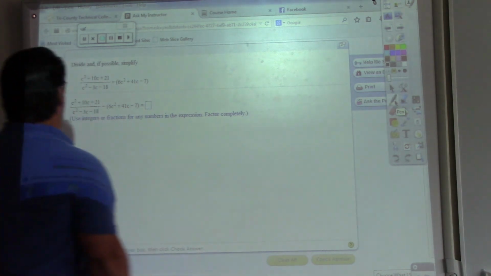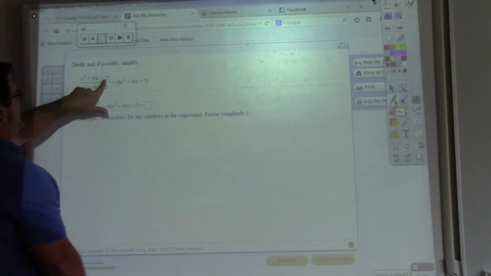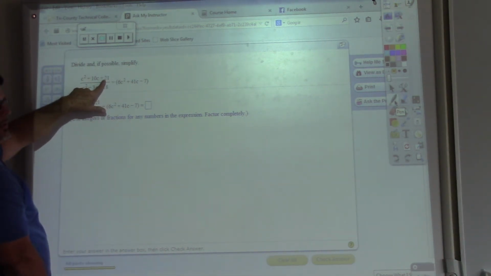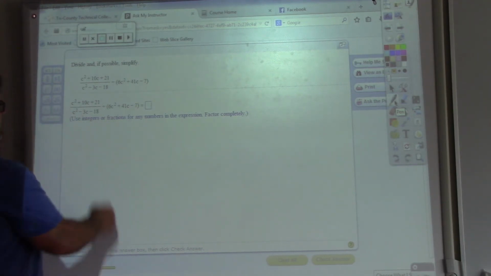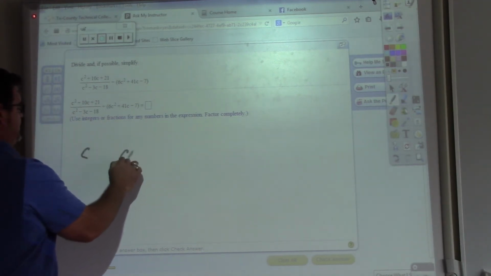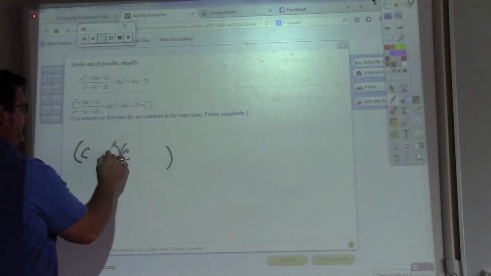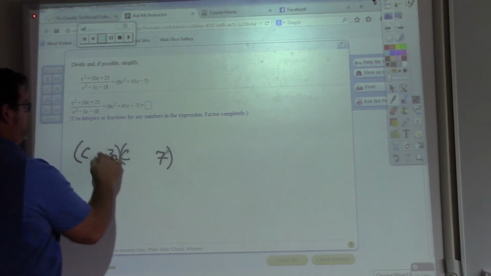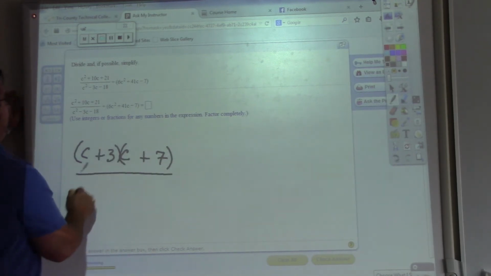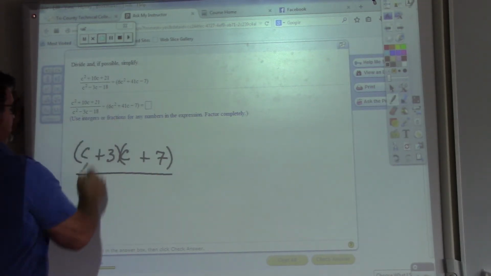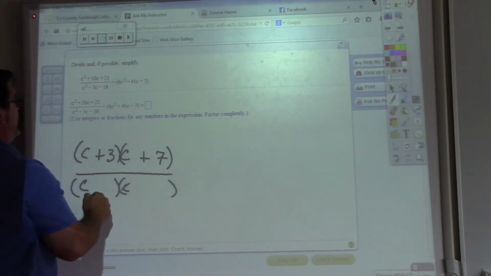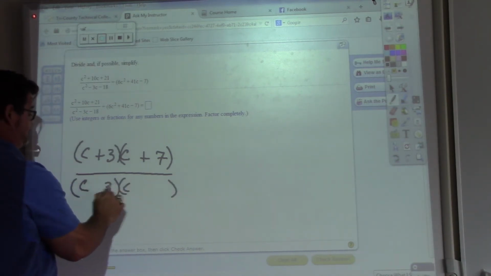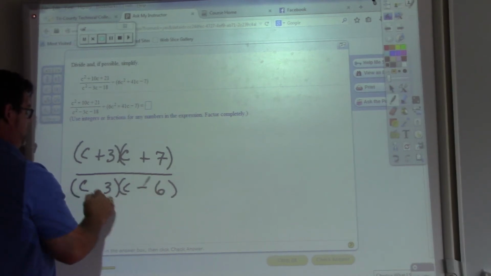All right, so this is not a shortcut. Why? Right quick, why? Square. 21 is not a perfect square. So 3 and 7, usually that one's a giveaway. And plus, over 18 is not a perfect square, so reverse FOIL. And that's going to be 3 and 6. -6 and +3